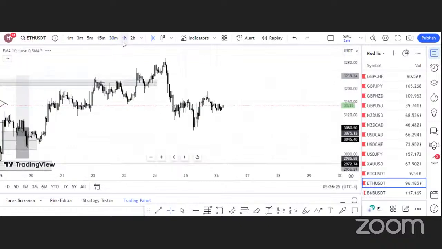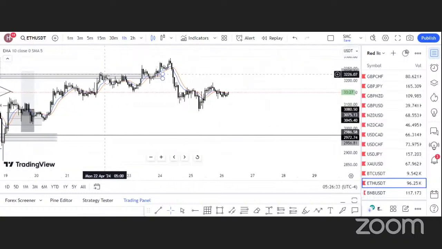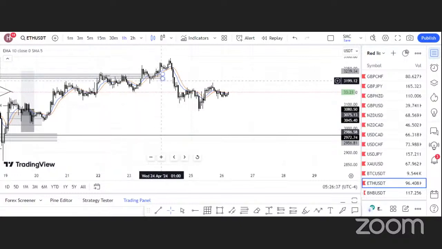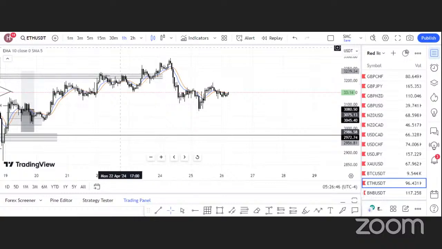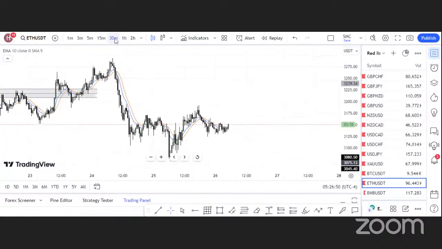Okay, so this is the instrument I call the junior brother of BTC USDT, because anytime the BTC is making a bullish move, Ethereum is also making bullish moves. When BTC is making bearish moves, Ethereum is also making bearish moves. All right. Okay, so for Ethereum USDT,